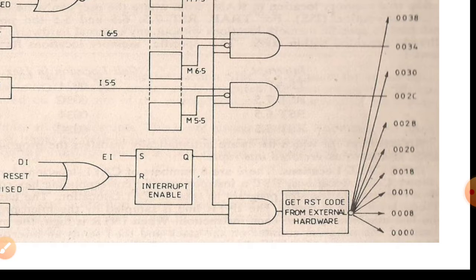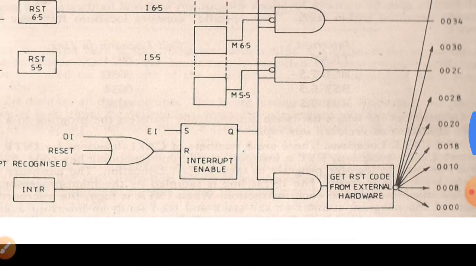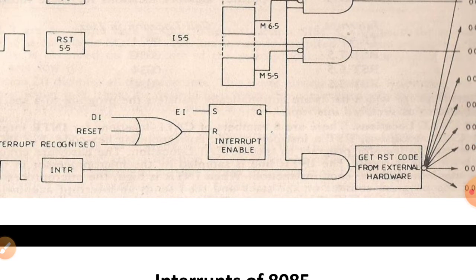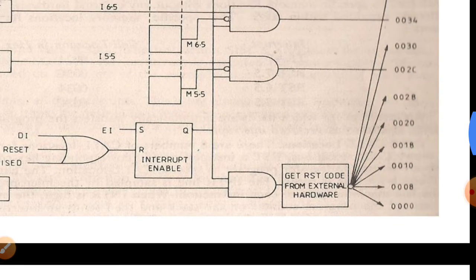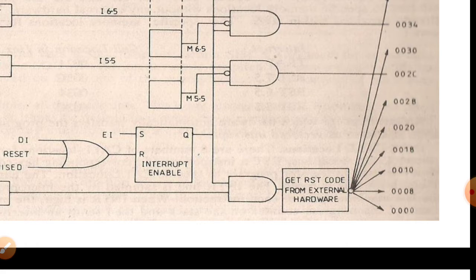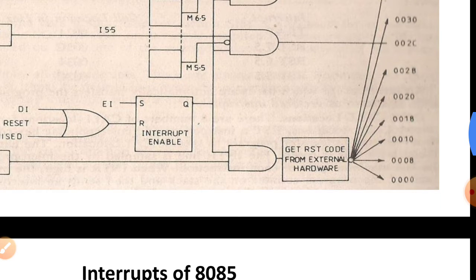So, if it is RST 0, it will move to 0000. For every RST instruction, there is a separate address assigned. So, in case of RST 5.5, 6.5, 7.5 and TRAP, we have a separate address, but whenever any device wants to interrupt through the INTR line, it also needs an RST instruction to be included in the program, and accordingly it moves